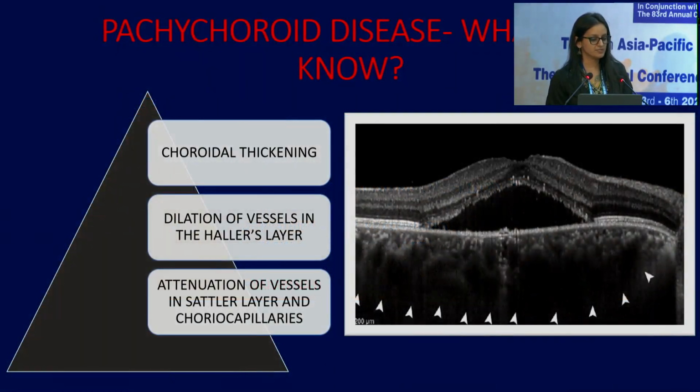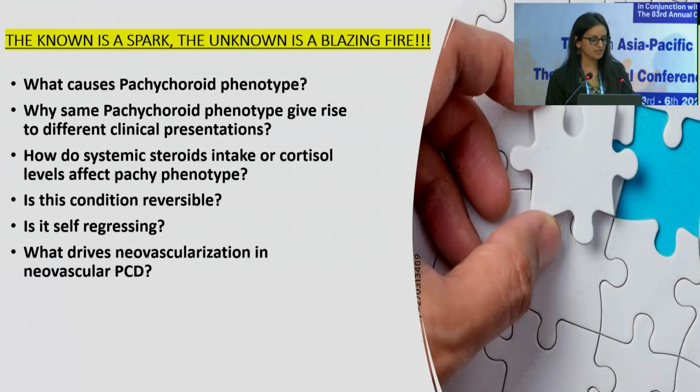So we already know pachychoroid includes choroidal thickening with dilatation of Haller's layer and attenuation of vessels in the Sattler's layer and the choriocapillaris. Our study is mainly concerned with what causes the pachychoroid phenotype and why the same pachychoroid phenotype gives rise to